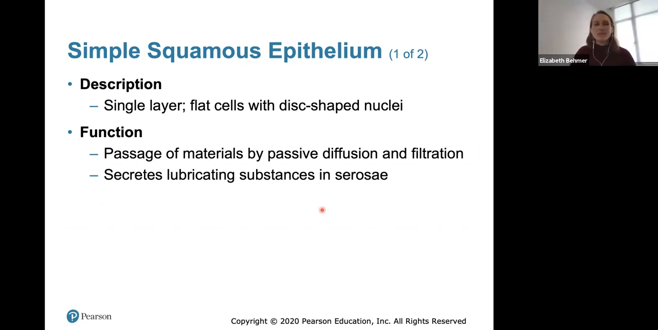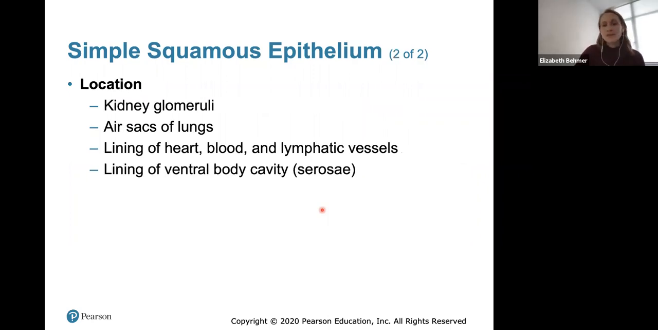So simple squamous epithelium is a single layer of flat cells, and the function is that materials can pass through easily through passive diffusion and filtration. It can also secrete lubricating substances in the serosae. It's located in your kidney glomeruli, where filtration of your blood is happening, the air sacs of the lungs, where carbon dioxide and oxygen are being diffused, the lining of the heart, blood, lymphatic vessels, and the lining of the